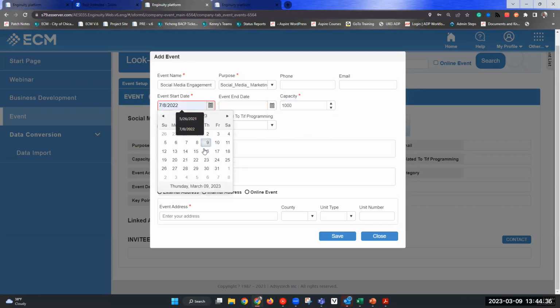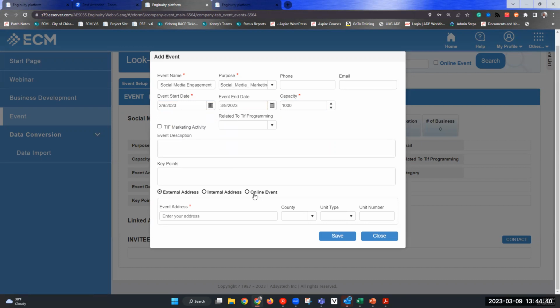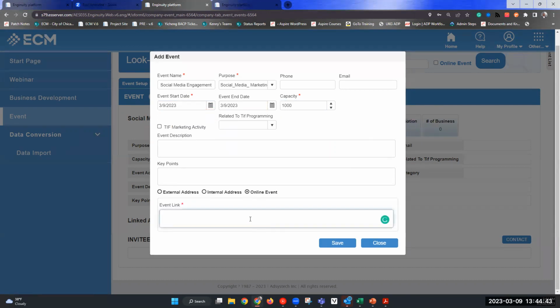It's social media, so you can't really justify a number. This could be online. For the event link, you just put the URL to your social media engagement.